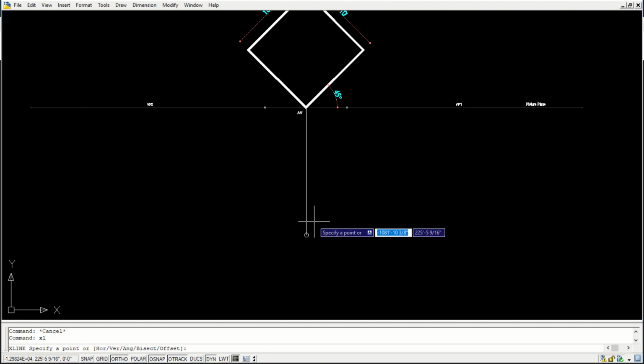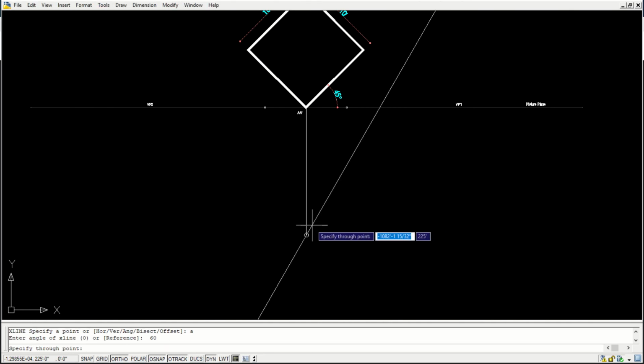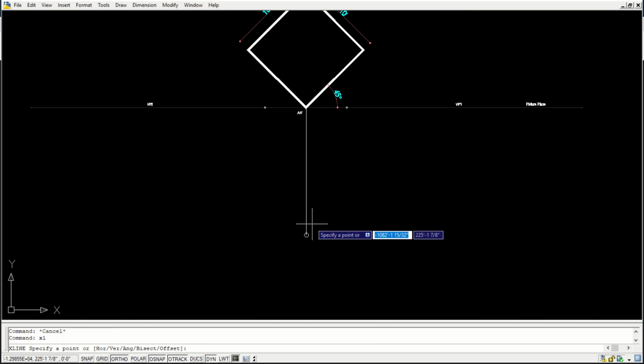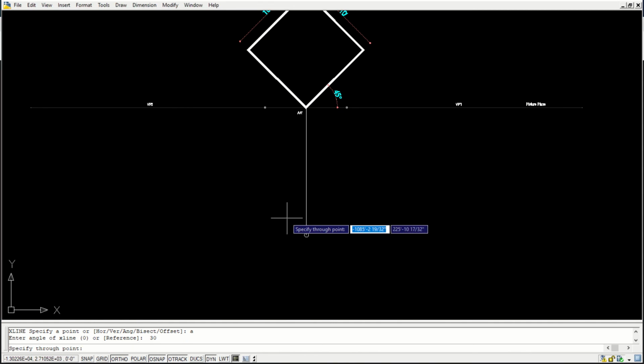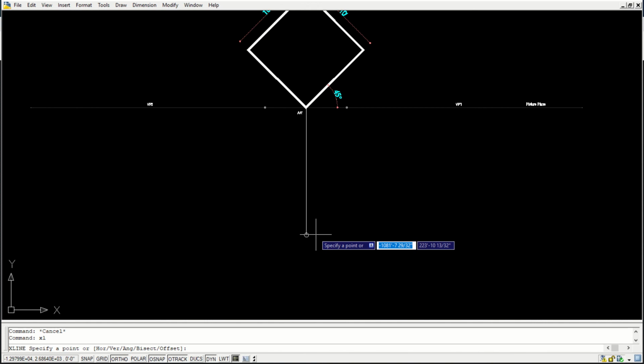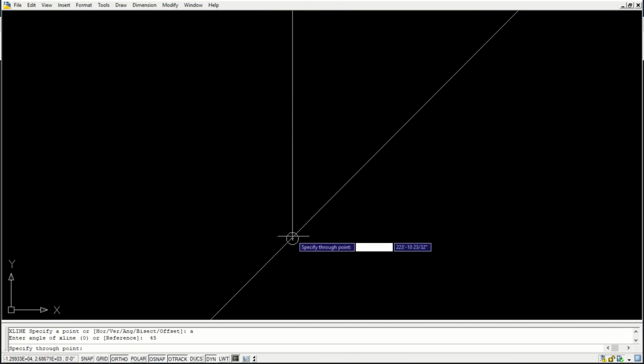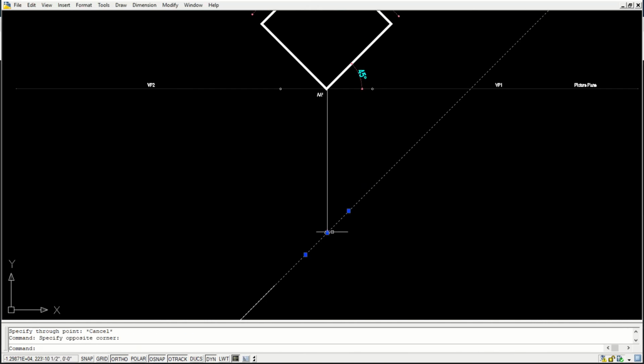Angle 60 degree. It's too close, or okay, maybe we can use another angle. Oh, it's too wide. Okay, I'll keep it 45 only, so that it doesn't look very harsh.